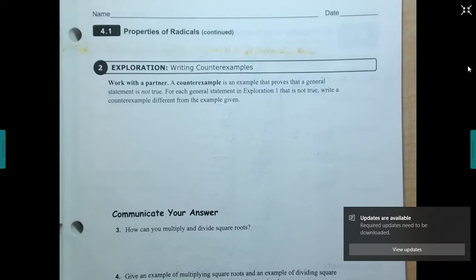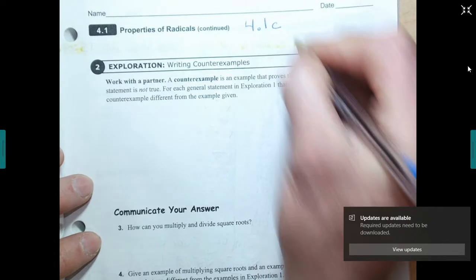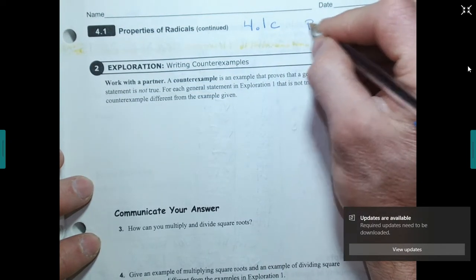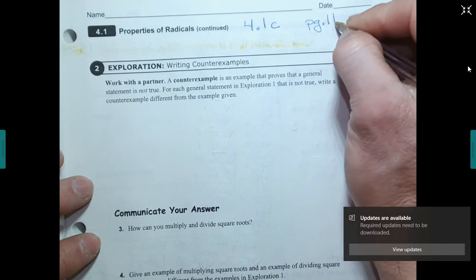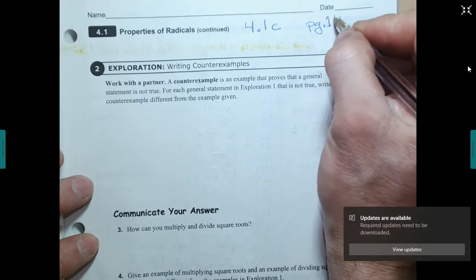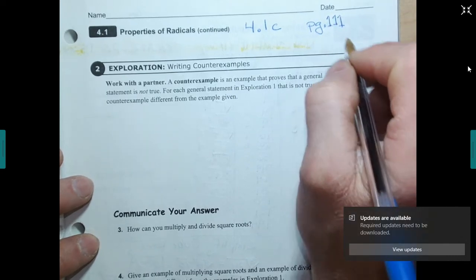All right, students. Today we're on 4.1C. And what we're going to be doing, well, first of all, you can join me and take notes on page 111. So we're going to be taking notes on page 111. And what we're going to be taking notes on today is